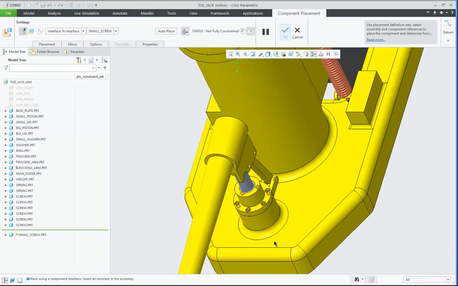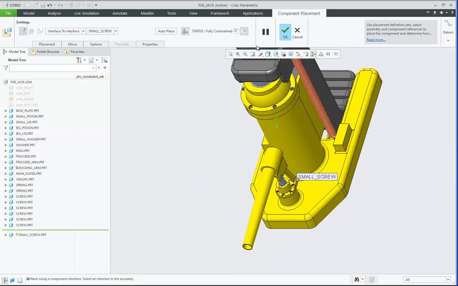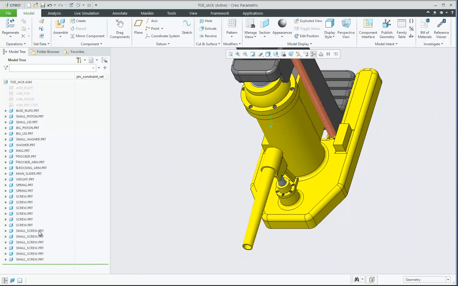Similarly, I will go for small screw, and for that available place is here, not here. It is showing because the diameter of screw is matching, but I need to place it over here only. So just go on placing at the locations which are provided by the interface. So small screw is assembled,